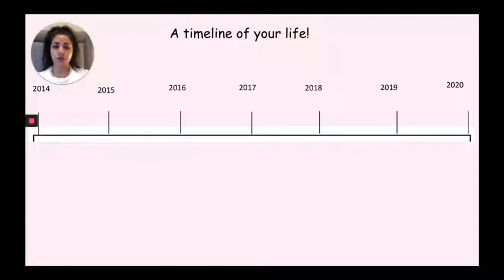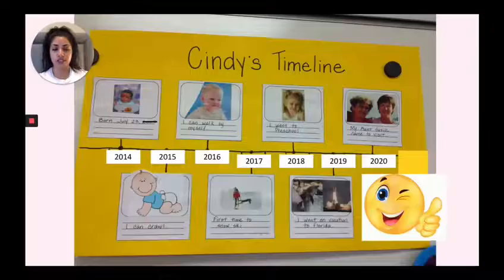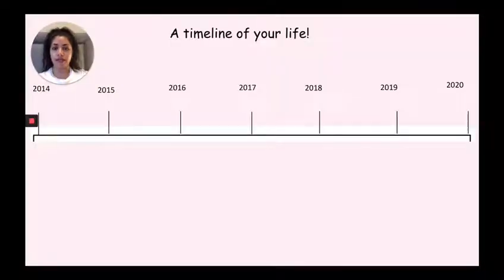So Year 1, you're going to be making your own timelines of your life, just like Cindy has. So you'll need to start by turning your page the other way around so you have more space. You'll need your ruler and your pencil, and you need to draw a straight line